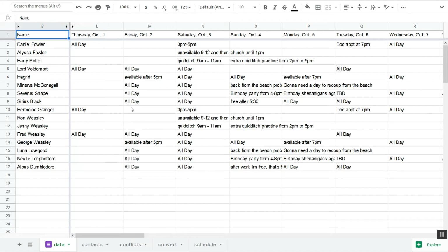So when an auditionee submits our Google form audition form, this is just the raw information right here. I didn't even bother styling it. It just comes straight in here. We don't want to mess with this, because as more audition forms come in, more and more rows are going